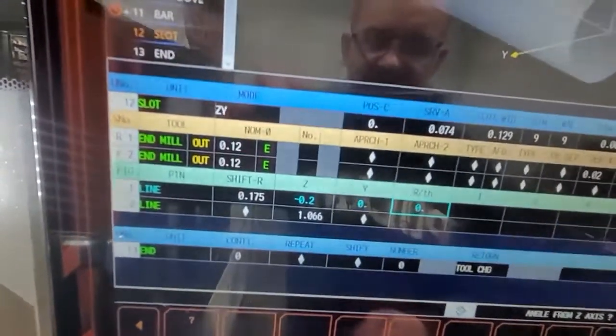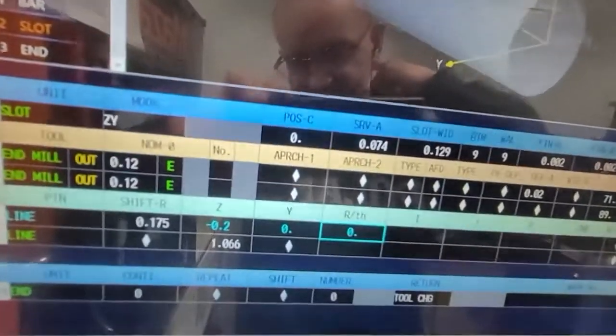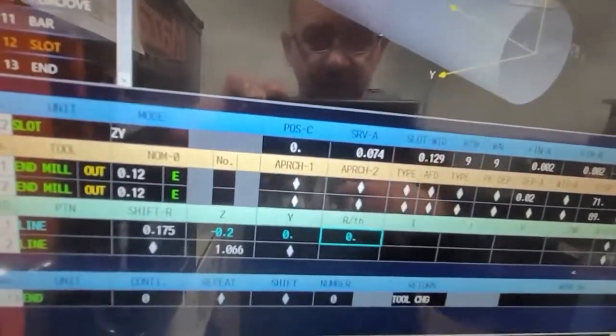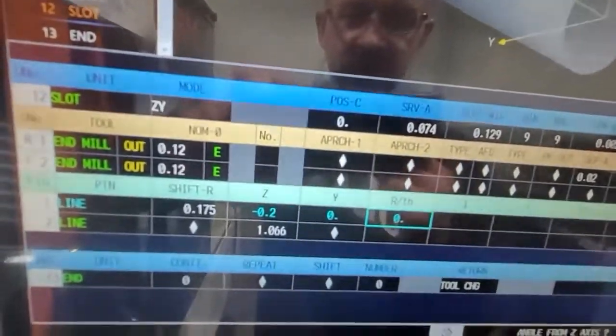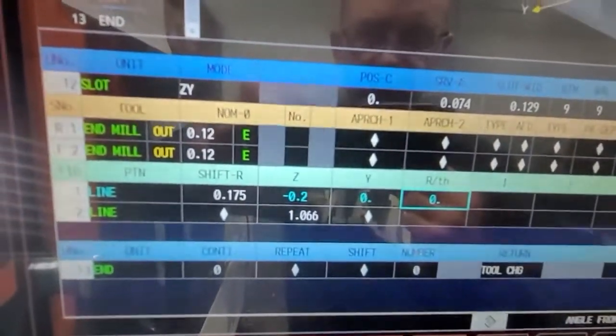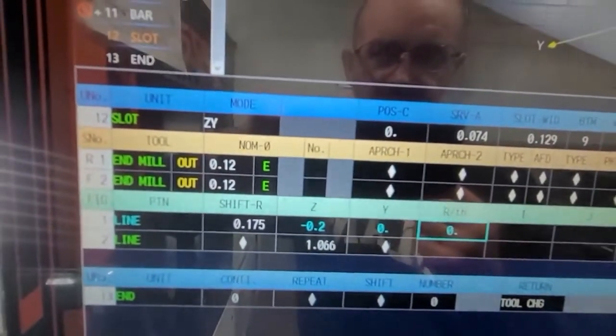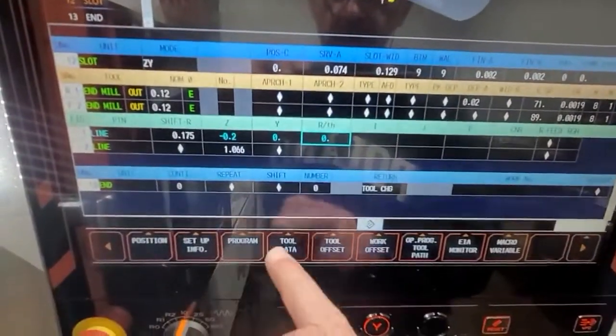Okay, and the same thing is right here. So I usually have to add another 1,000 or 2 to the width of the slot. Usually, if it's a plus, so let's say plus 1 or 2,000. That's what I've noticed. What you can also do, you can go to tool data,